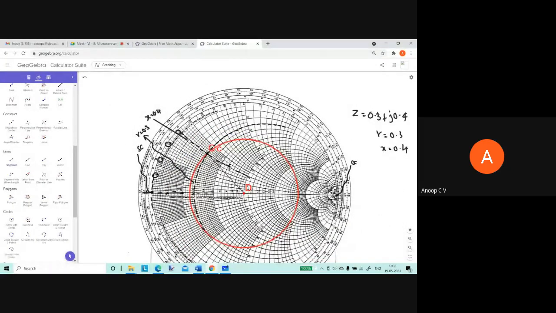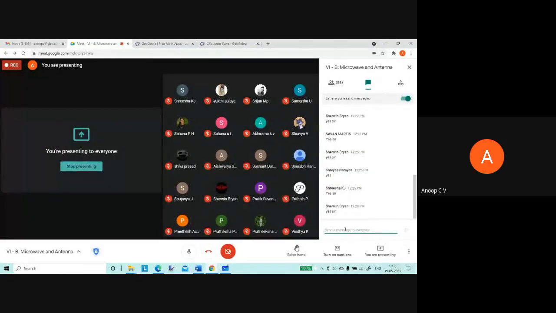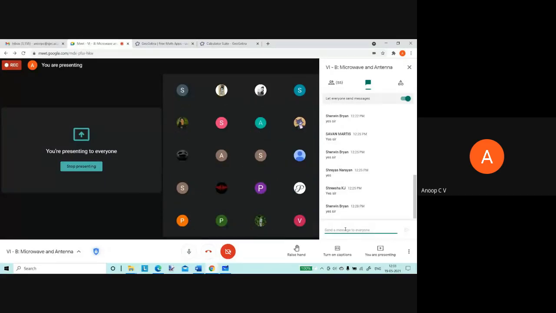So I'll repeat. Initially we identified the point Z. Which one is easier, using this graph or using the complex analytical equation, Z of tan alpha H plus Z naught of cot alpha H divided by that? Which one do you think is easy, using the Smith chart or using the analytical equation? Please tell me. I know you are not familiar with the Smith chart, and it's not a one-to-one session, it's an online session, so it's a little bit difficult to appreciate whatever I'm telling.